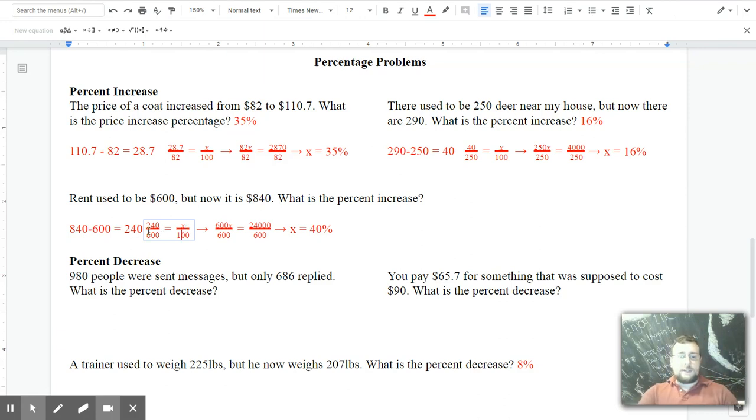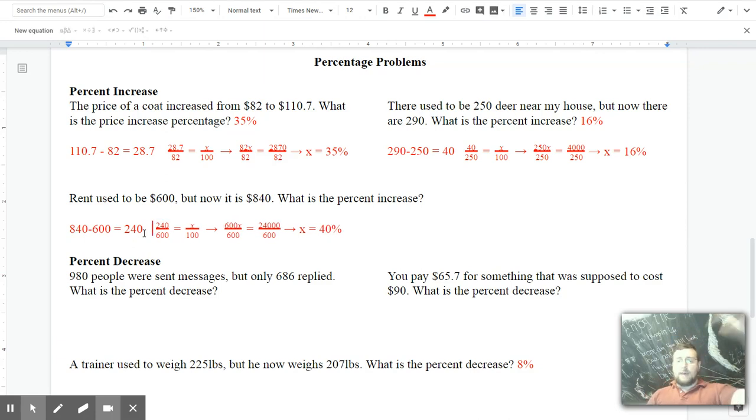You start with 600, so you put that in the bottom left. And then 240 on the top, which is the increase amount. You could put 840 on the top, but then you would have to make an adjustment at the end. Cross multiply: 600 times X equals 600X. And then 240 times 100 gives you